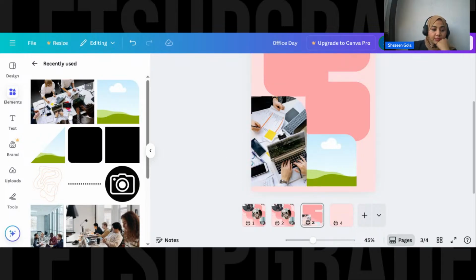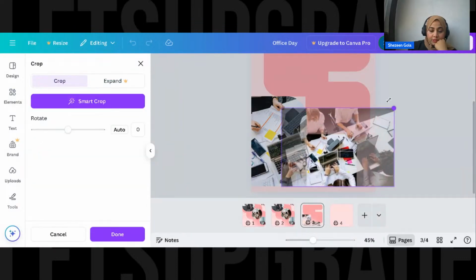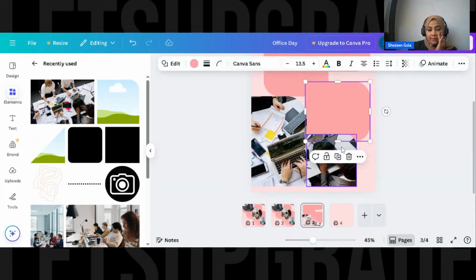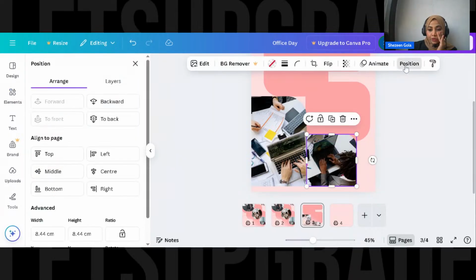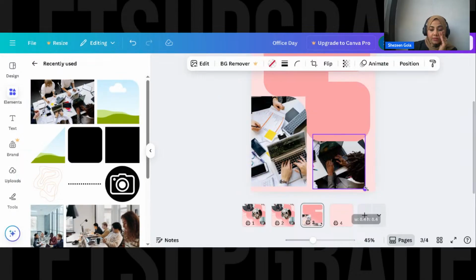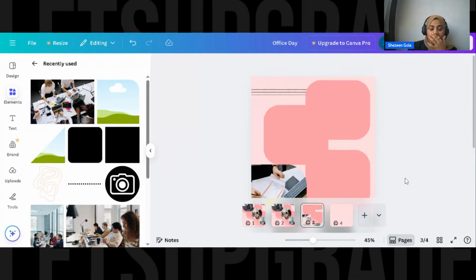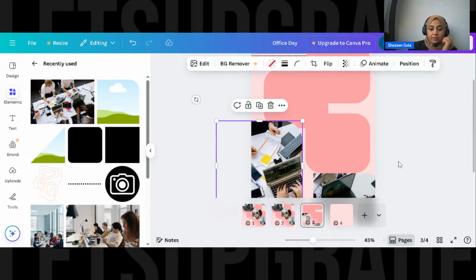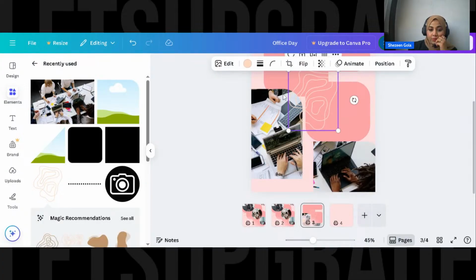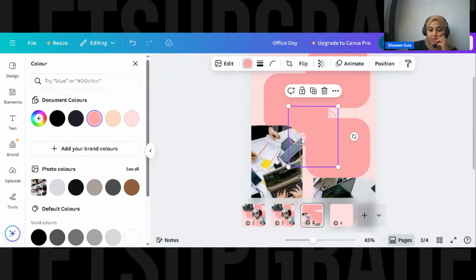And let's select an image, the same image but let's zoom in and put this person inside. Now let's take this behind this. So what we'll do is position backward, and it's here. Okay, so you can even resize it later however you want. Now we've covered, we did a shape, and now we have something looking like this. We want to change the color of this shape. Whatever color we've used is just kept in here.